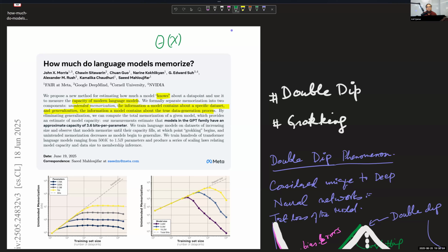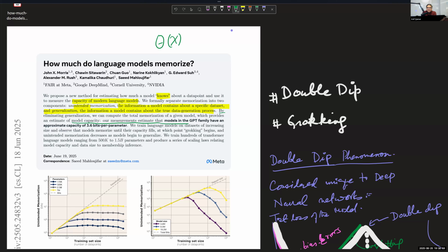It will have some prior probability distribution on the data, isn't it? And so you could either have memorized the data itself, or you could have learned the real nature of the data. Therefore, that's a generalization of the data. Right? So they say by eliminating generalization, we can compute the total memorization of a given model. So they're saying if you just exclude that, of course, which provides an estimate of model capacity,